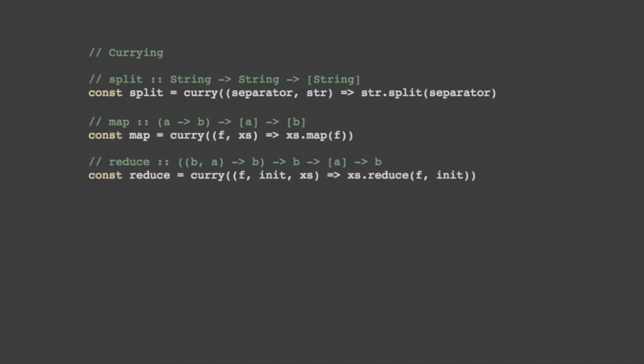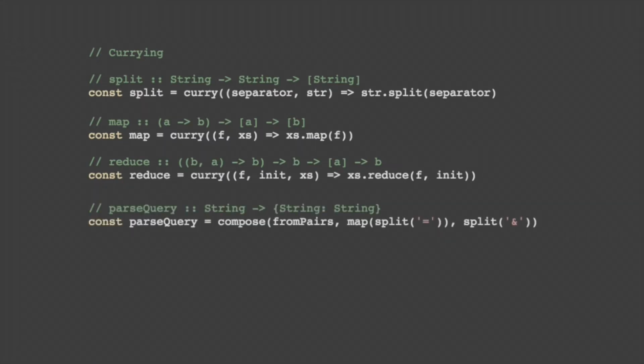So we're going to start by taking all our favorite functions, and then we're going to call curry on the whole thing, because we like currying now. Just trust me on this one so far. And now we can do interesting things. Now, because we can partially apply our functions one argument at a time, split, for example, the first one on the right, we remember we gave it the ampersand and then the string. If we only give it the ampersand, it waits for a string. When we give it the string, that means when we call the whole thing, it'll split by the ampersand, just like our last parse query did.